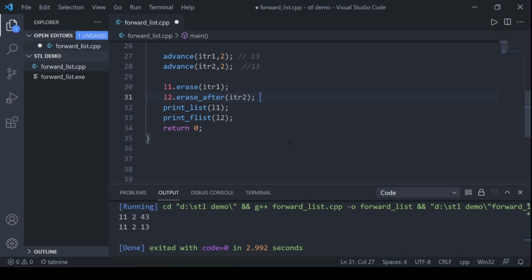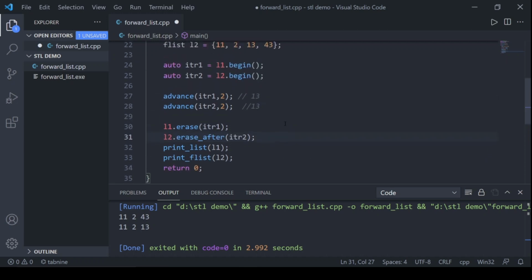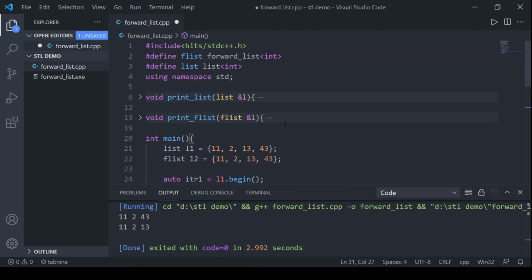I have explained with reference to list because I think this was the best way to look at how the forward list works. If we simply learn the list and then the forward list, you might be confused about which member function works in which way. So I think the comparison was a fine way to teach the forward list. So this was all about this video. Okay, meet you in the next video.